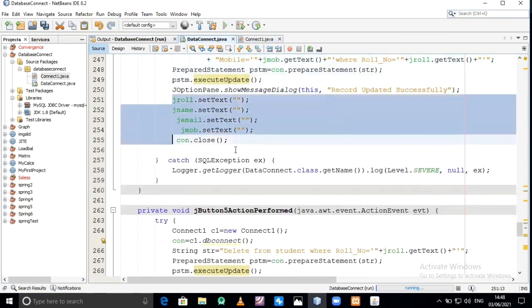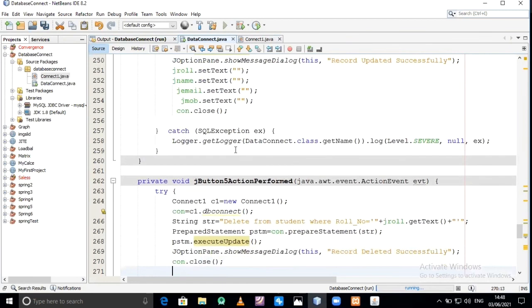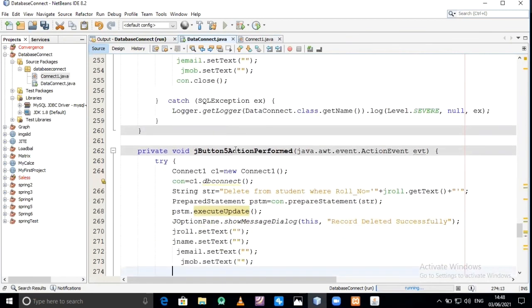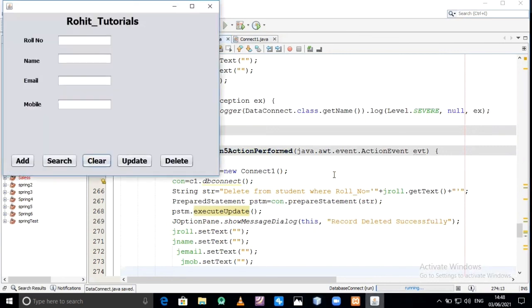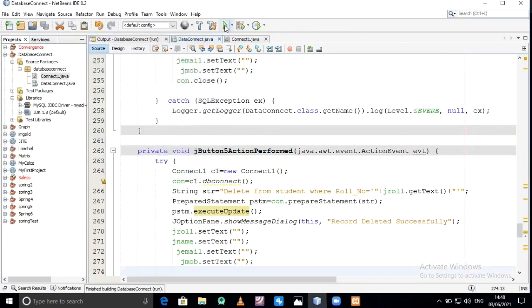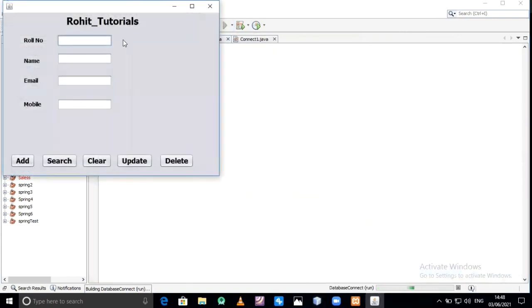So copy all these things and paste it. Save. Close this, clean and build, and just run the program. 1, already record is deleted, so data not found.